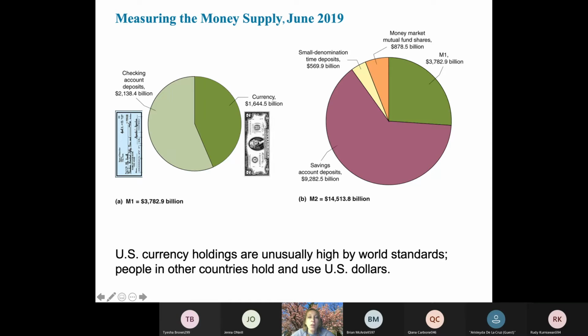So if you sum up the value of all the checking accounts in the US and the value of all the currencies, especially look at this cute $2 bill, my favorite bill, then we'll arrive at that number that's close to $4 billion. So if you take M1 and then add